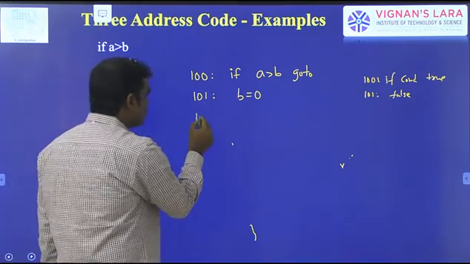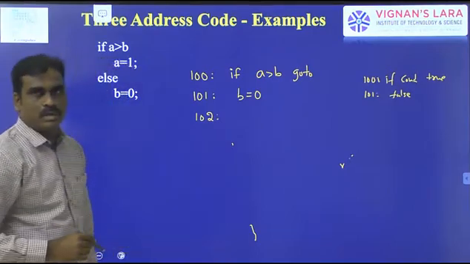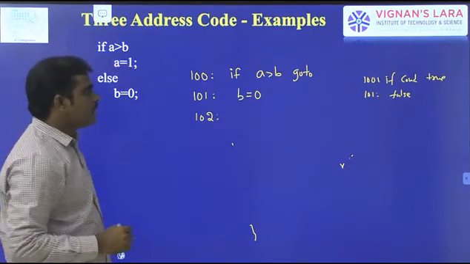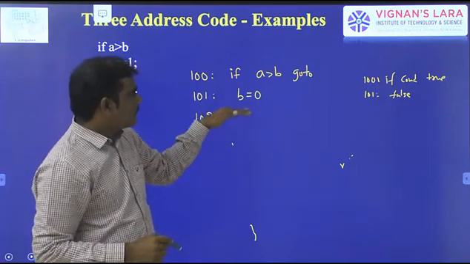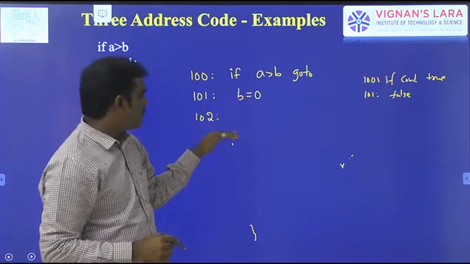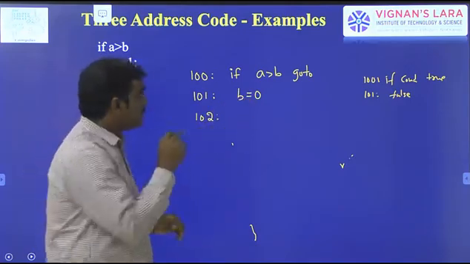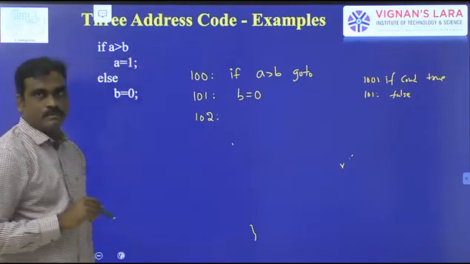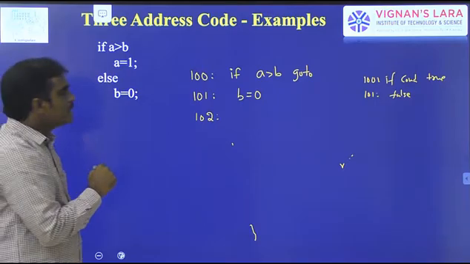So go to 102. So if the condition is false, B equal to 0 and then 102. 102 means there is no statement. Okay? No problem. Suppose if the condition is true, that means if A greater than B,